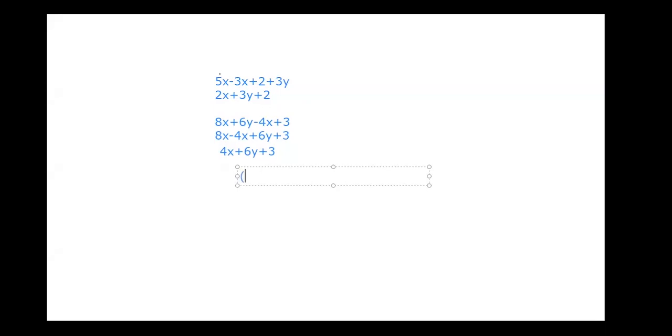So if we have 4x plus 5, plus, and then we have another parentheses, 2x plus 6, and then parentheses, equals. Now, when we do that,